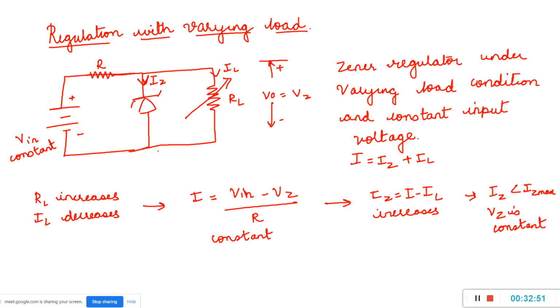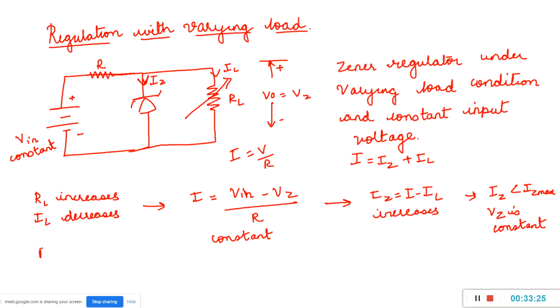So here the condition is input is constant, load is varied. So load means RL, RL increases means current IL decreases. So I is equal to V in minus Vz by R. We all know Ohm's law, I is equal to V by R, isn't it? So this gives us that Iz increases, okay. So Iz is equal to I minus IL. So as long as Iz is less than or equal to Iz max, Vz is